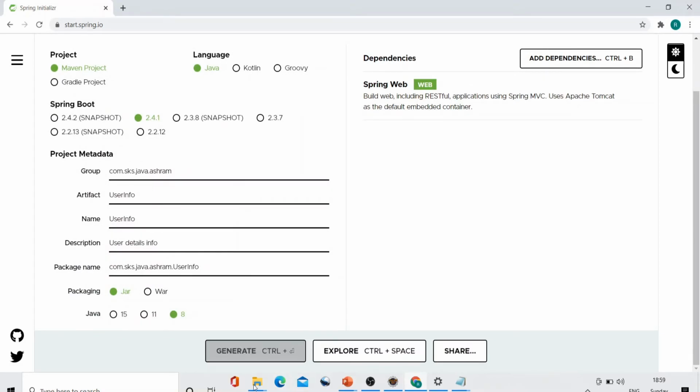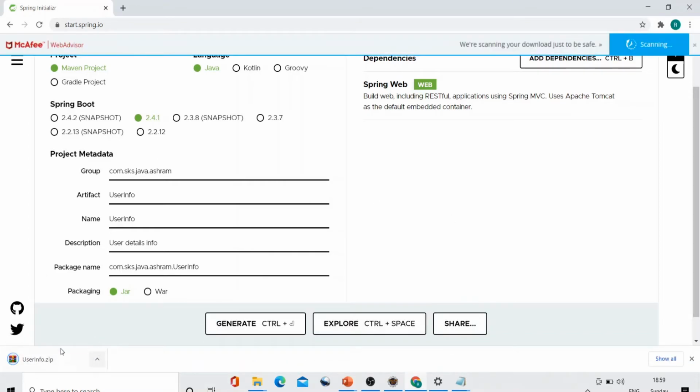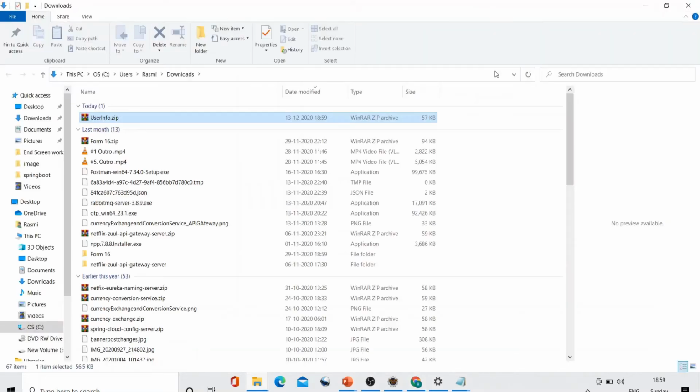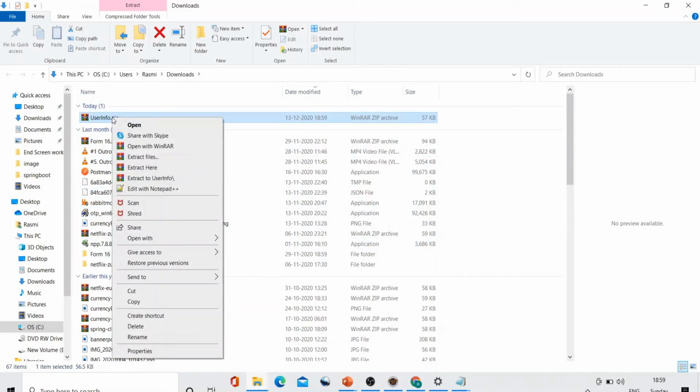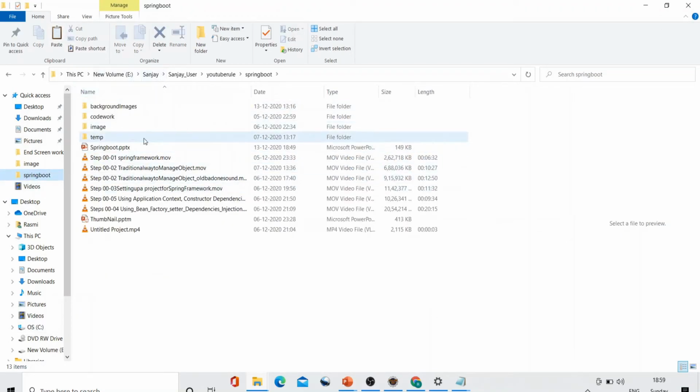So if you click this, okay, generate, right? You see it started generating, it's downloading the zip file. So if you go here, in a folder, okay, this is the zip file. You can copy this zip file, right click, copy, and go to the project folder where you want to keep this project, right?